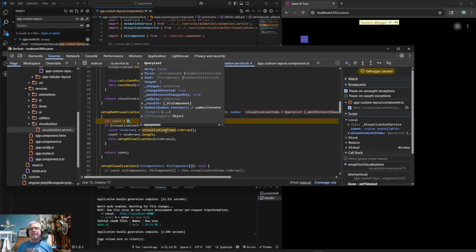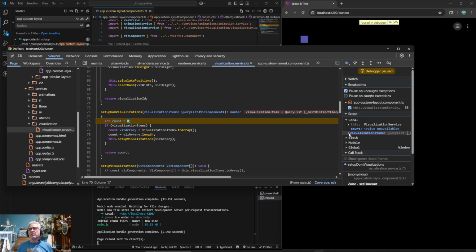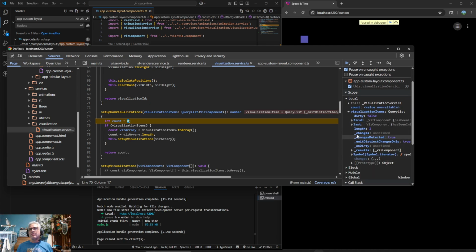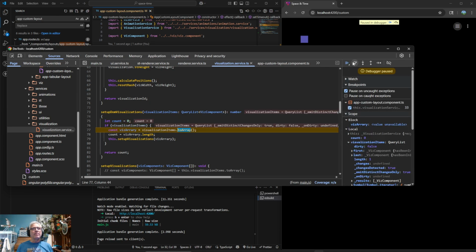So let's look at our visualization items. So we only have one item in our visualization items. So let's go, I think it's a little easier to deal with it when it's an array. So this is our visualization items, but in an array instead of,